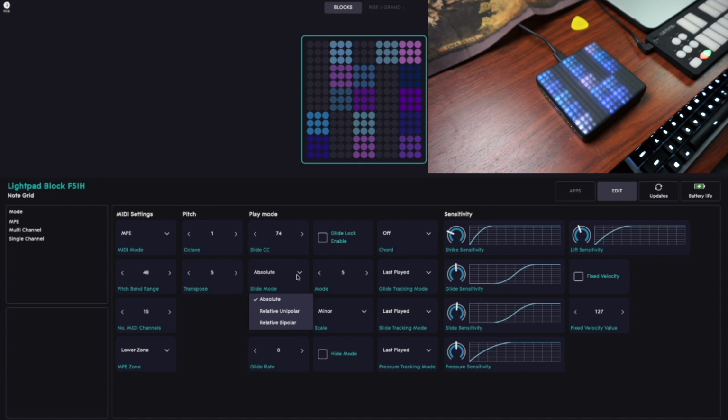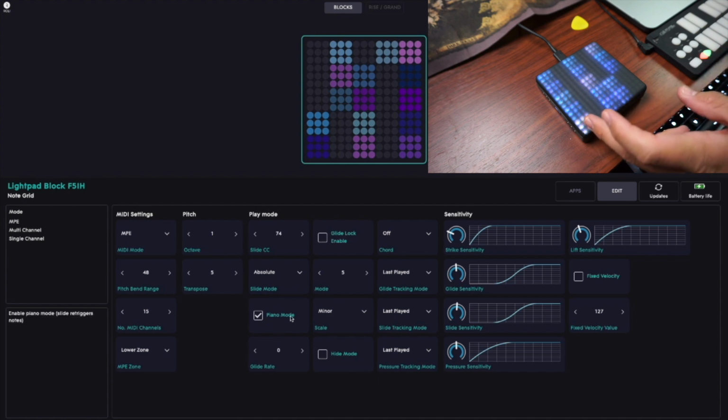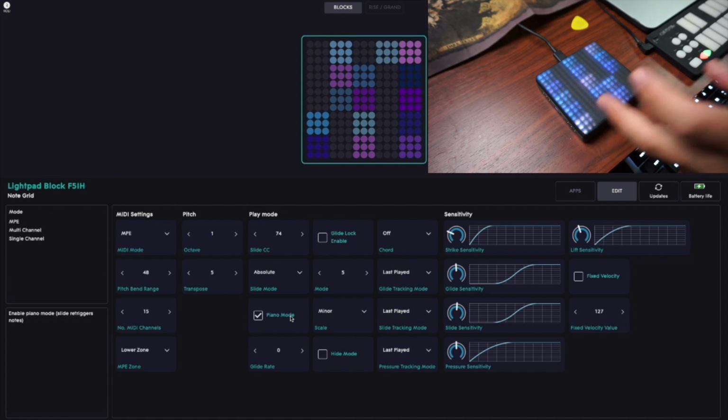Some of the 5D presets you use, you can tell way better than this right here. This is not the best example, but anyways, yes, you can pick in between these. It'll give you different options of slide mode. The piano mode, if you slide over, it will actually hit every individual key instead of letting you slide that